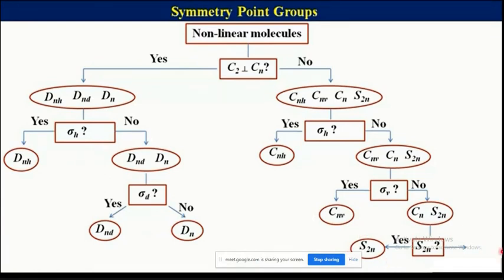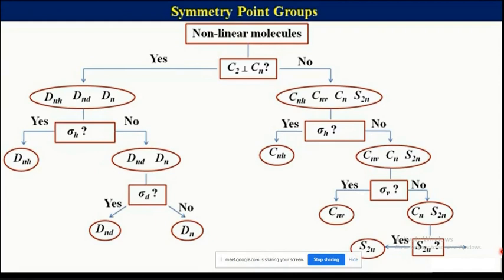I will summarize both the parts and tell you in what way you can categorize. First thing is that in any question related to the point group, you need to segregate the molecule with respect to the linear and non-linear nature. If your molecule is linear, then the possibility of the point group is D infinity h or C infinity v.